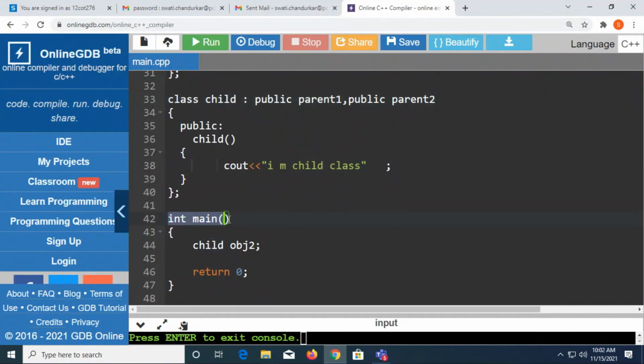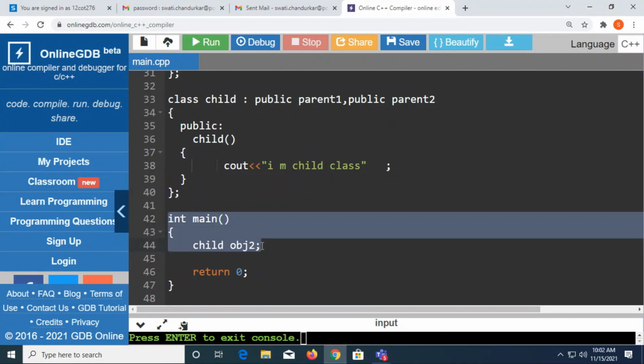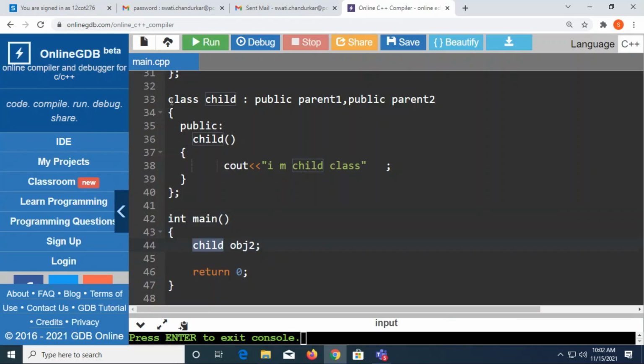So what will happen again? Compiler control will come here to the main. Then the compiler control will move to this class, that is derived class. So from here the control will first move to the definition of child. Again control will come here. Now after this, the control is moving to colon. So compiler understands, yes, this is an inheritance. That means after this, there should be a class. So what is that class? Parent 1. Then again, statement is not ended here. Even we have one more thing, that is comma. And again, it is separated with one more particular class, that is parent 2. So now compiler understands that child is inherited from parent 1 and parent 2.